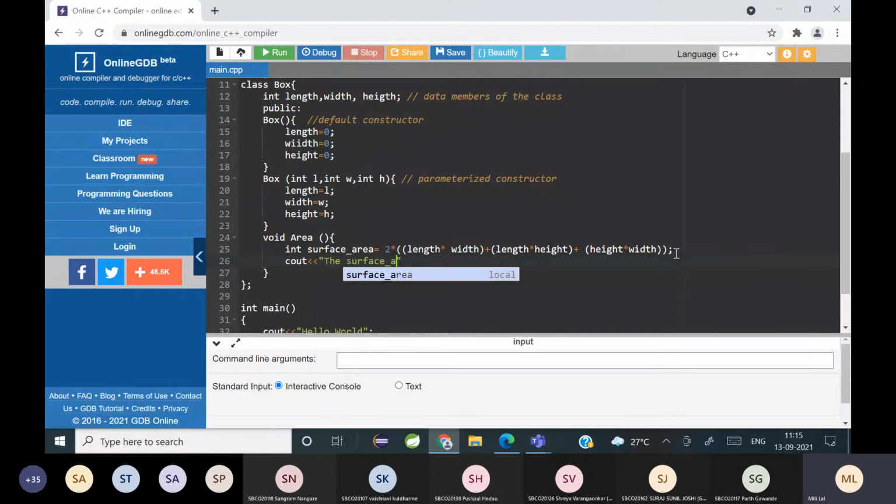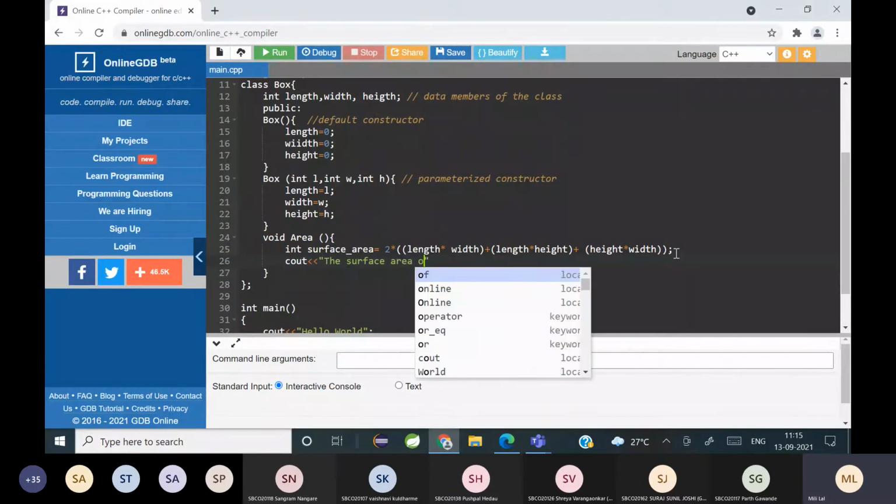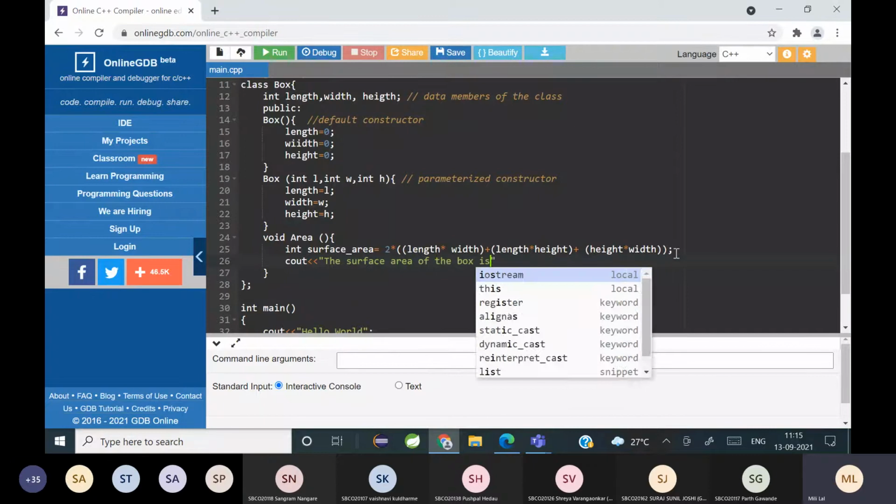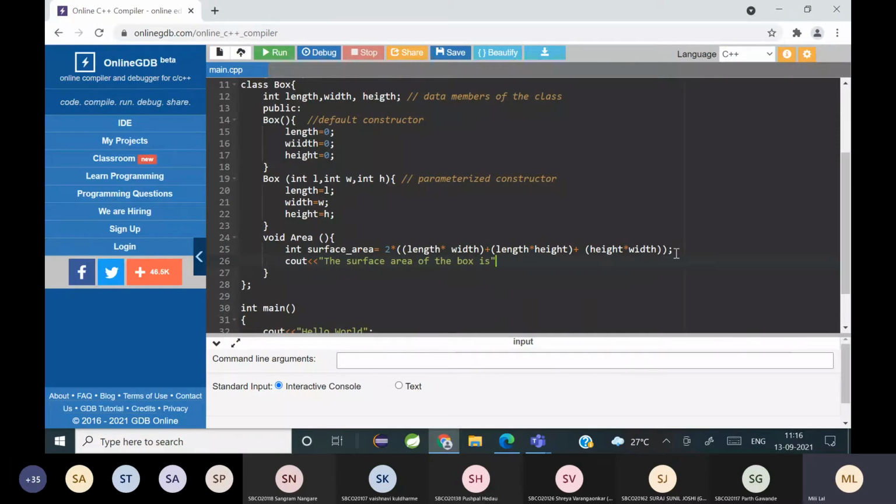Surface area of the box is, fine. Is it understood?